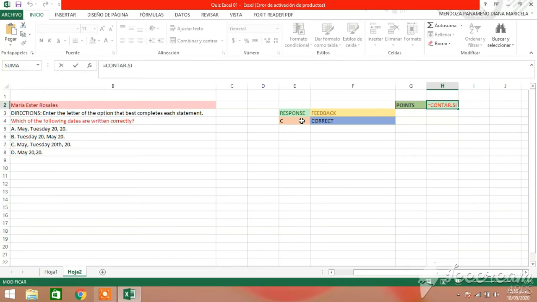Just the student will type the response here, but the correct and incorrect answers will appear in the column with the letter F. So in the formula I type equal CONTAR.SI, I open parenthesis, F